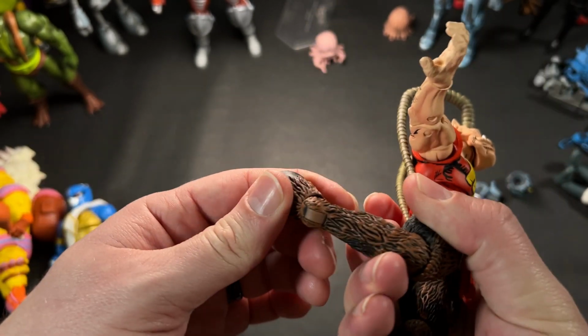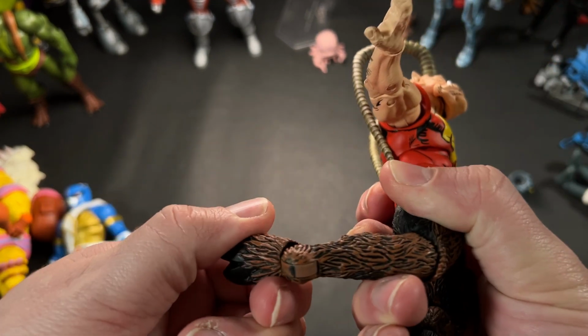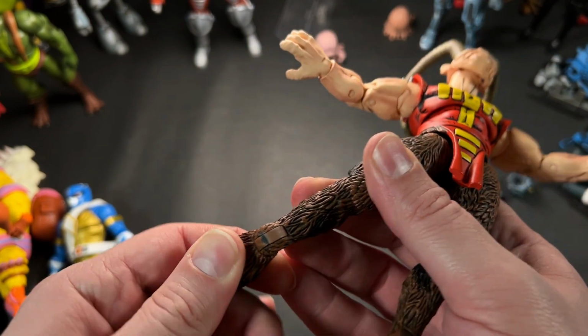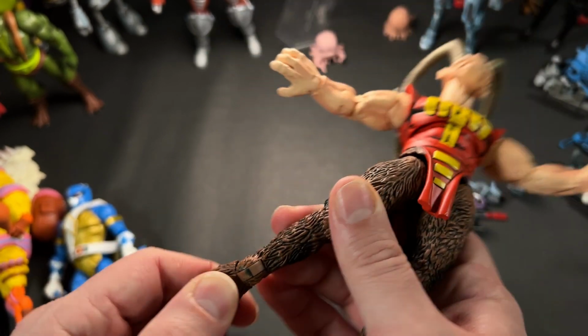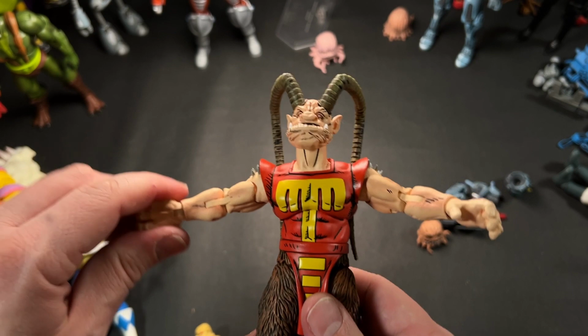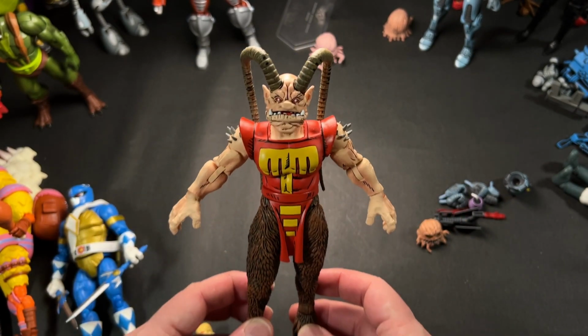And then you have an ankle joint that is not an ankle rocker. It is just a joint that is right there, and you don't have any other movement, just back and forth with the ankle there. And I do believe that is all the articulation you're going to get out of Savanti